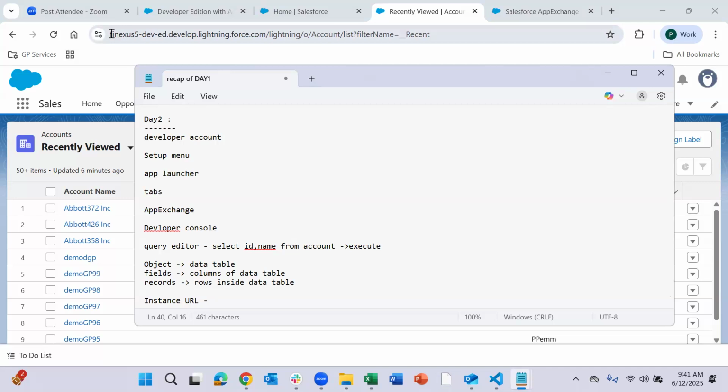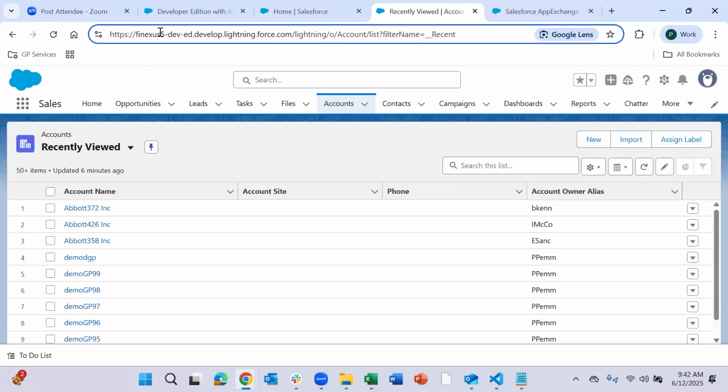I'm not sure, you might have seen this instance URL can be customized. That is where I have done some customization, so you're seeing some other different number. Otherwise you might see something like DS51 or something else, which is nothing but the region in which your sandbox is available.